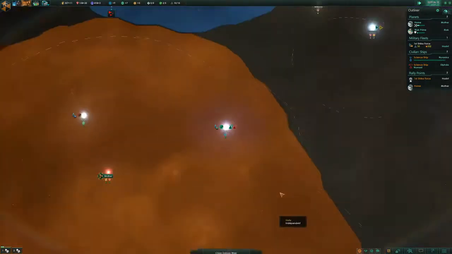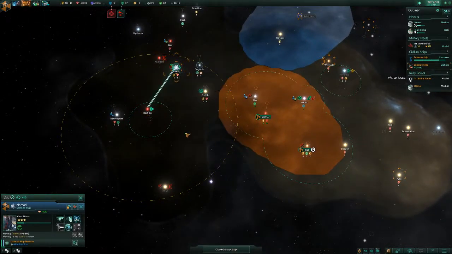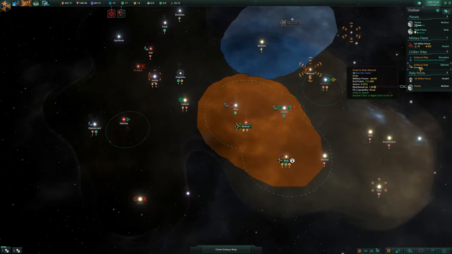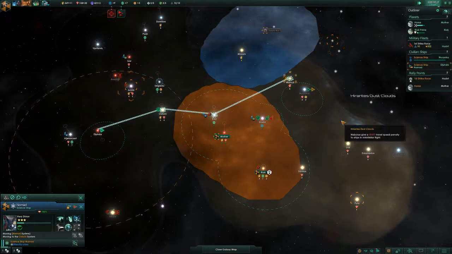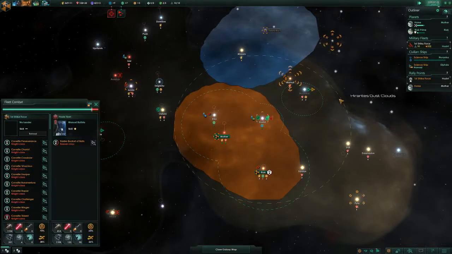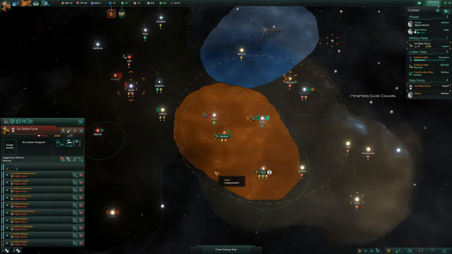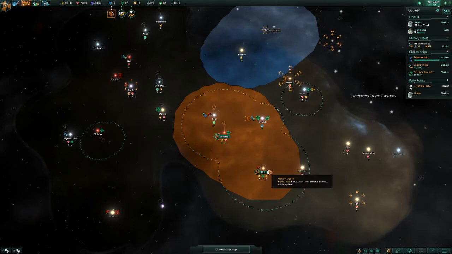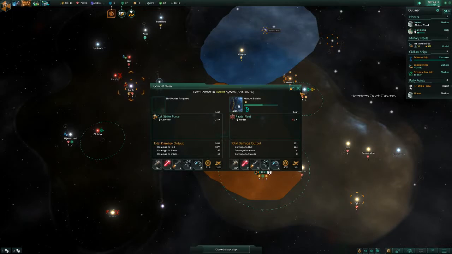Now the pirates are going to get wrecked by my fleet. Actually, no, I'm going to send him here first. There. That pirate fleet is dead. I'm going to send them back to repair. And so, this is pretty important. This is the amount of damage that you did. Damage to armor, actually,